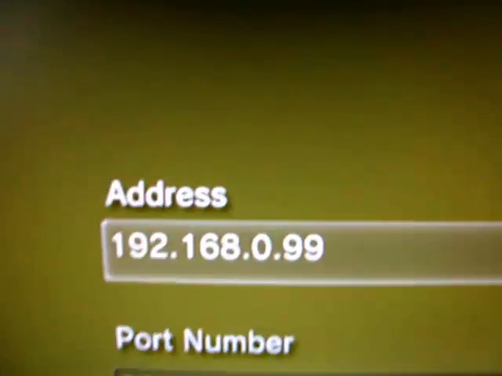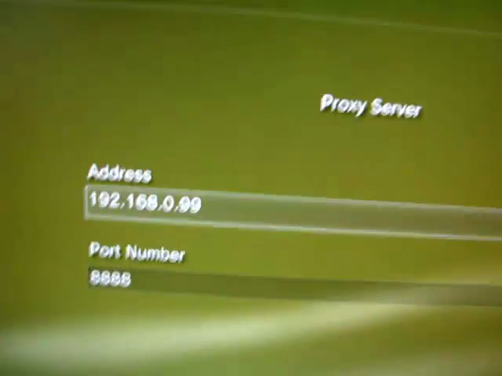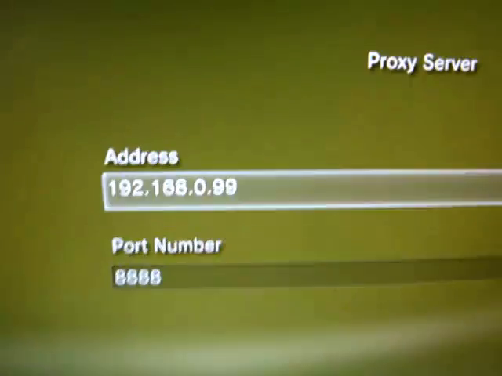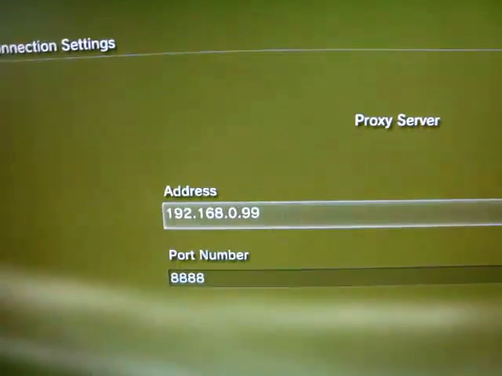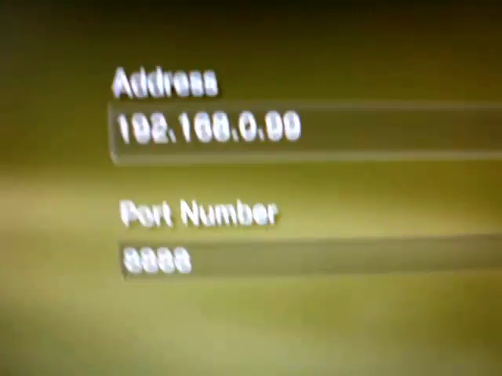This will be your Windows IP address. Go to CMD and look up the IP address, and you'll need the IPv4. This is not clear at all, but you should know what I mean. You put the IPv4 here. If you're using wireless, make sure it's the wireless address, not the Ethernet cable. If you're using Ethernet for internet, make sure it's the Ethernet IP address. To find the port, go on Charles Proxy,